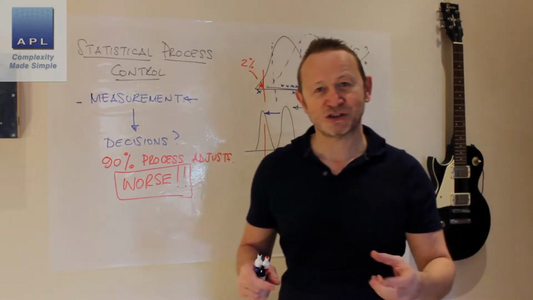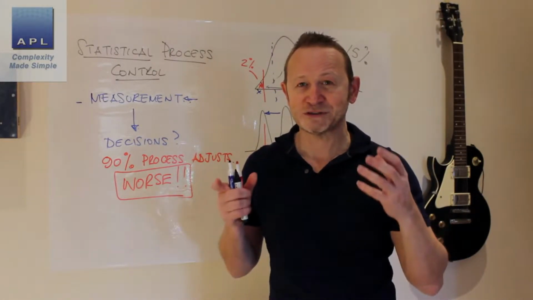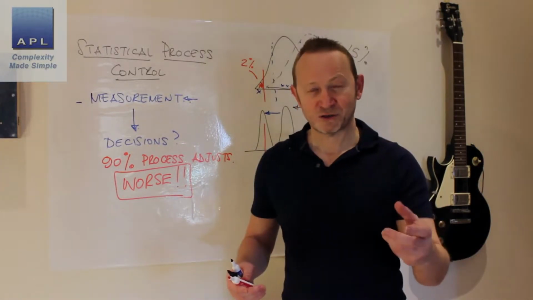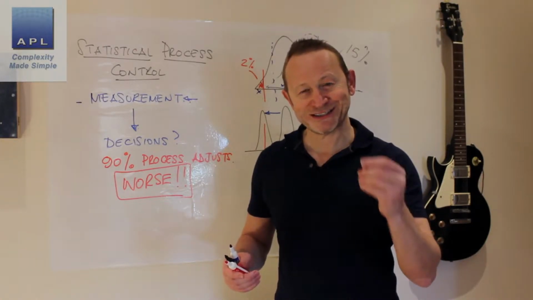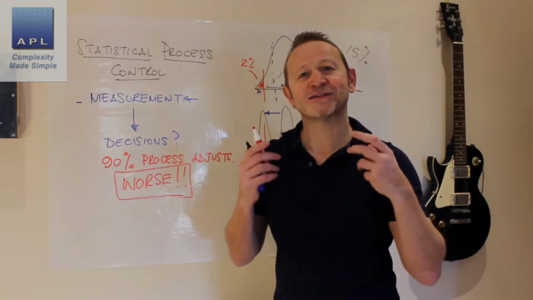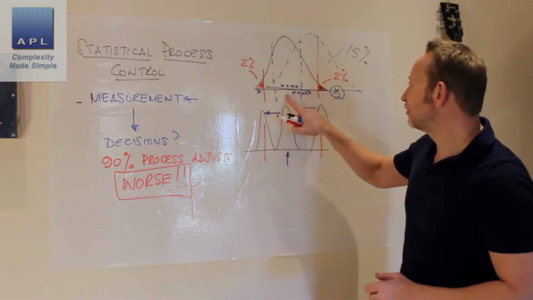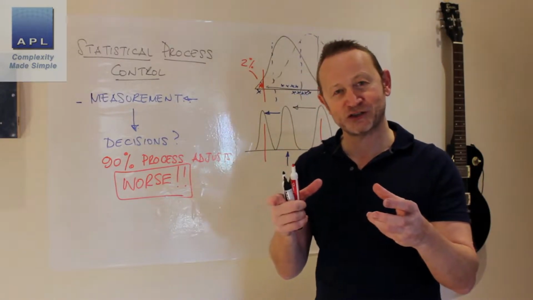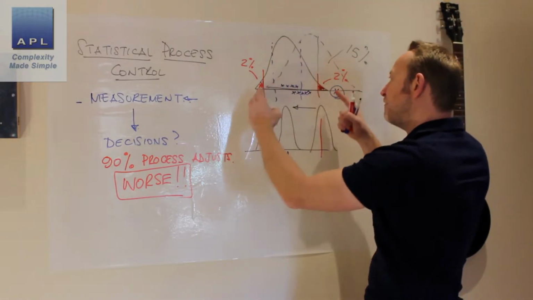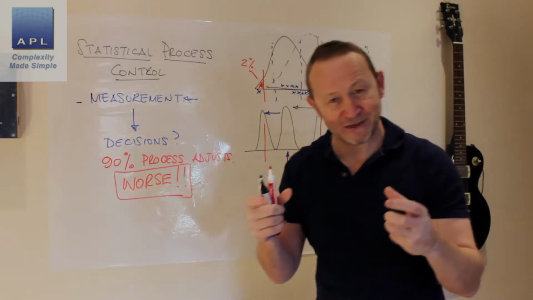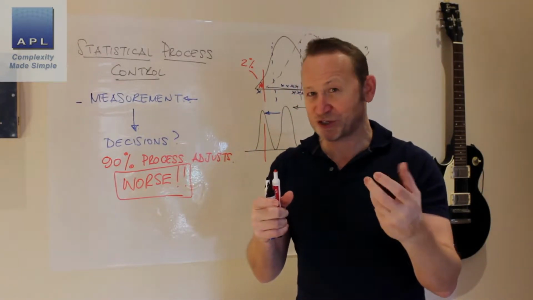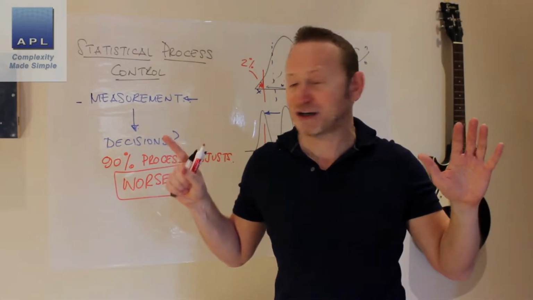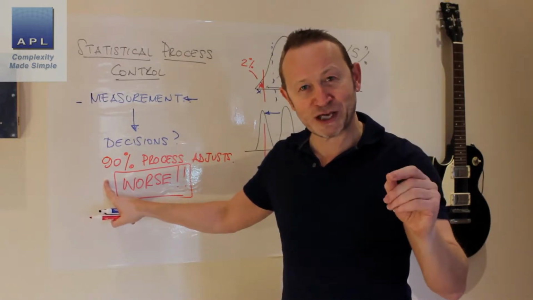Now SPC is going to stop them doing this. Let me show you how. What SPC is going to do for your operators and technicians is communicate the true picture of the process. So at the very beginning I said, if your technicians and operators could see that distribution, they could see the 2% in the tails, they could see the fact that it was centered, they'd leave it alone. They'd stop doing this. That's what SPC is for.